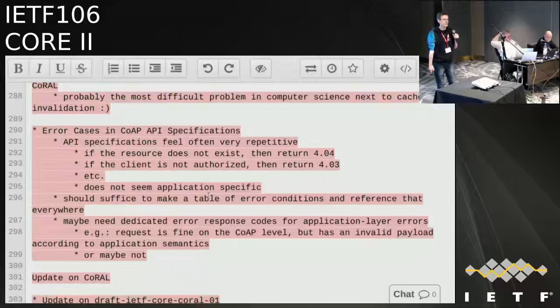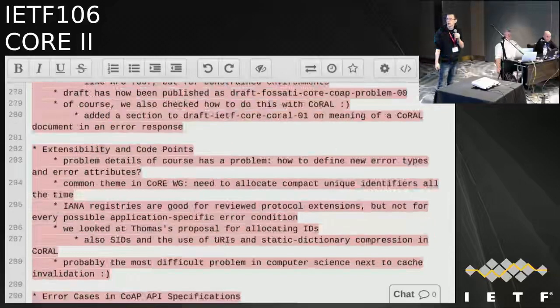So that was the report on the site meeting. To those who were there, any additions? No. Then let's move on to the